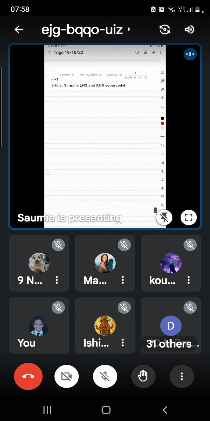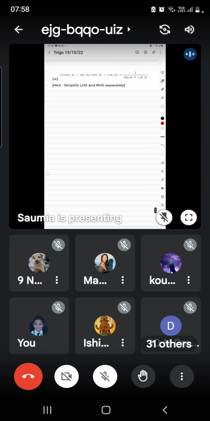Let us start this question. And they've given us a hint also. Simplify the LHS separately and simplify the RHS separately. Let us start with the LHS. Come on. What does the LHS say? Cosec A minus sin A into sec A minus cos A. Now, how can I simplify? How can I write cosec A as